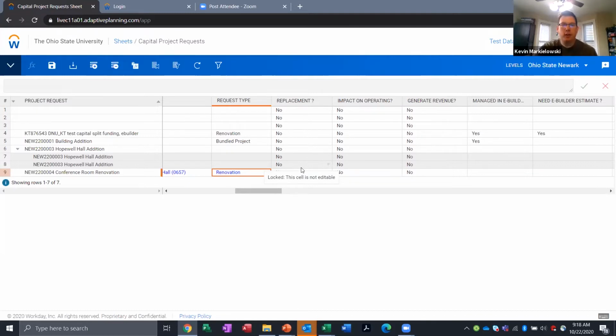And again, I'll say that if you're ever changing any of these fields to yes, it's always a good idea to throw in the business justification, a little bit more detail on why these were changed from no to yes. Impact on operating and generate revenue are whether or not the project creates any new revenue or expenses for your unit. So a good example of this is if you were building a new conference room that's being